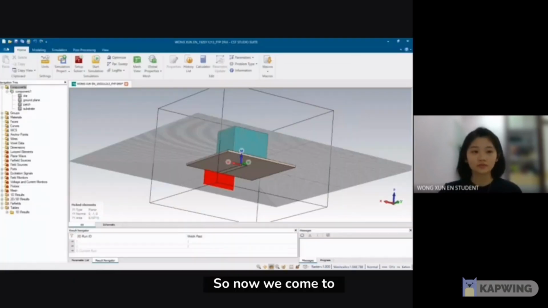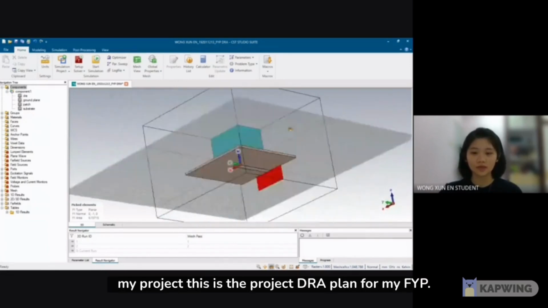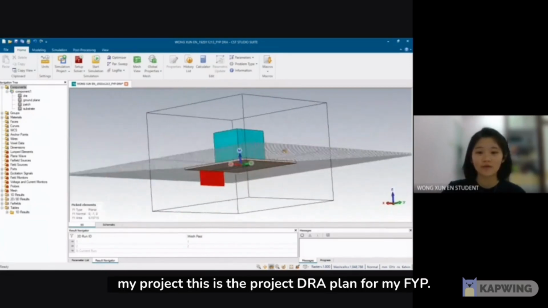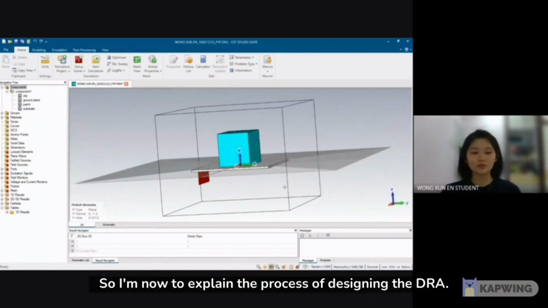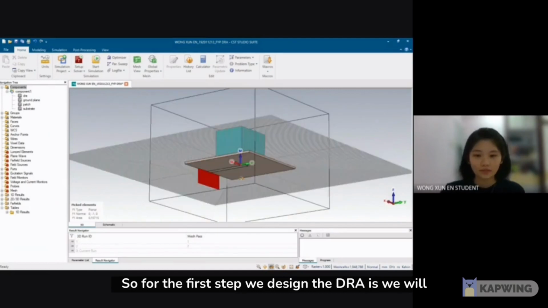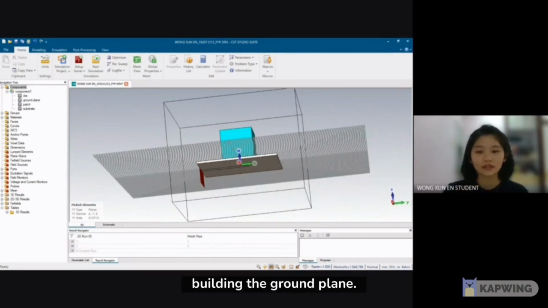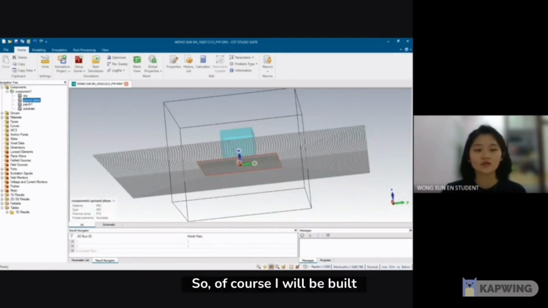So now we come to my project. This is the project that I have done for my FYP. I'm now going to explain the process of designing the DRA. For the first step, we design the DRA by building the ground plane. So of course I will build